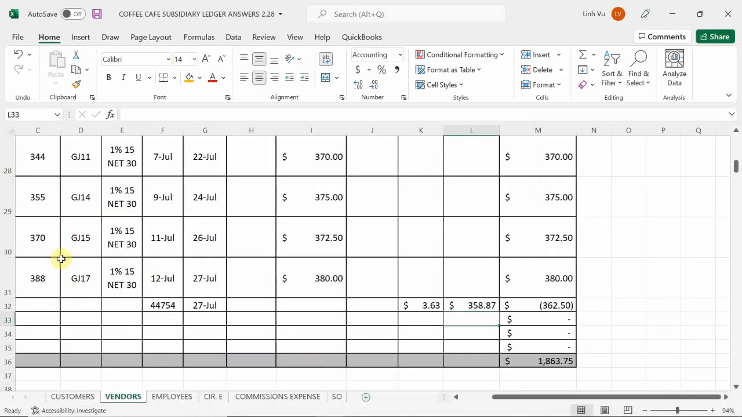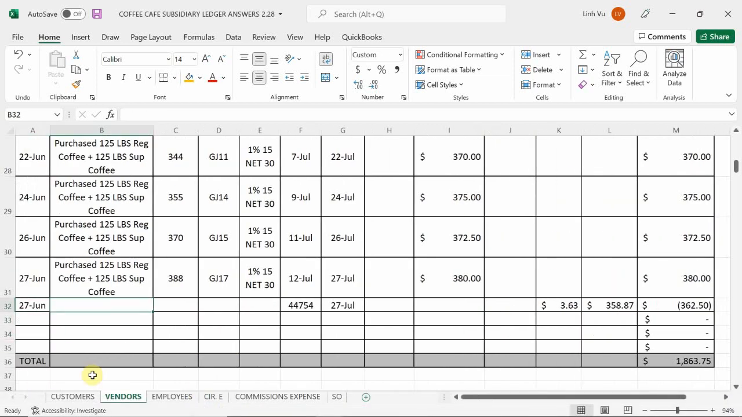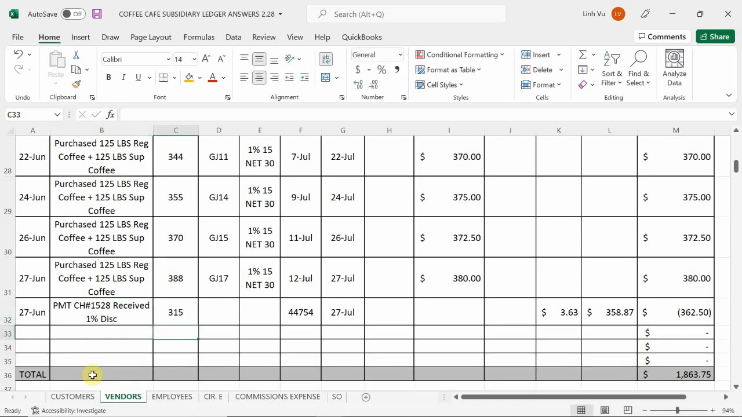I need to finish updating my subsidiary ledger as well because in this case, I made a payment. So here you go, payment, check number 1528, received 1%. Oh no, I erased the whole thing. Payment, check number 1528, received 1% discount. And this was invoice number 315